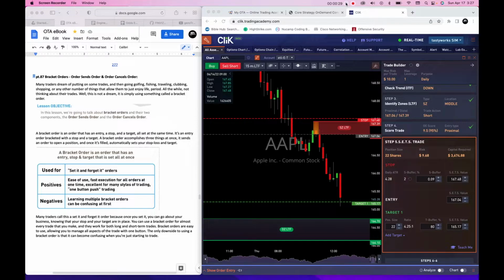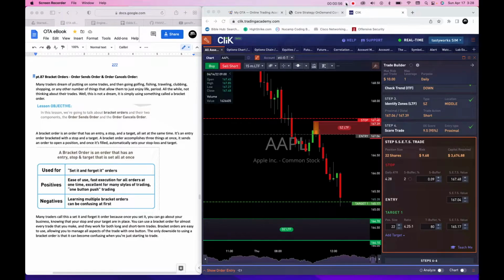A bracket order is an order that has an entry, a stop, and a target all set at the same time. It's an entry order bracketed with a stop and a target. A bracket order accomplishes three things all at once. It sends an order to open a position, and once it's filled, it automatically sets your stop loss and your